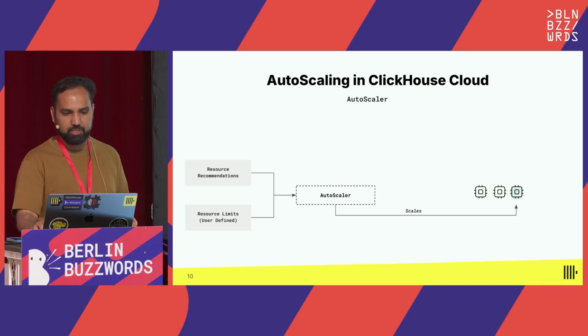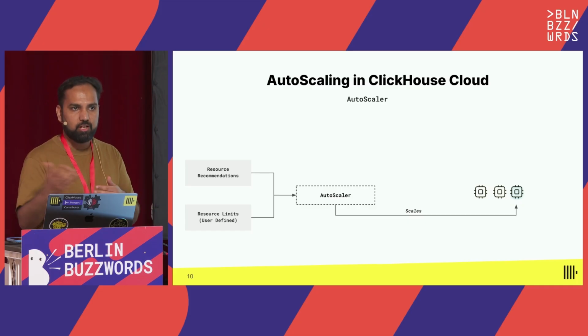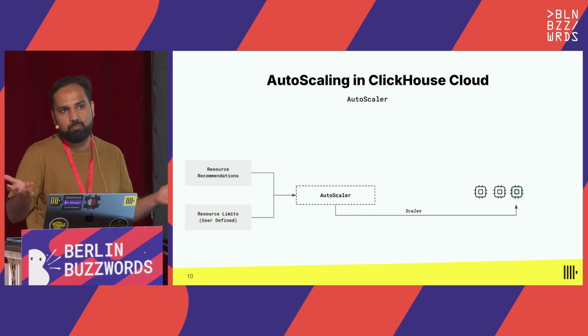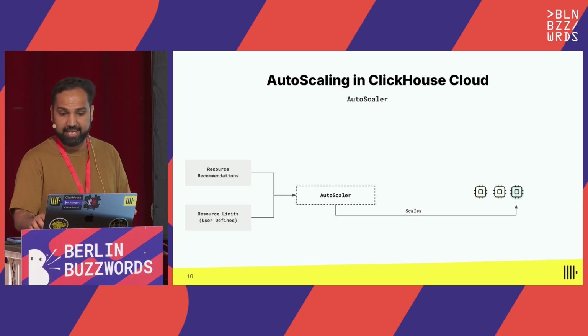And so you have the second half of the picture, which is the autoscaler. This autoscaler is going to look at these recommendations, what the system thinks based on your utilization, good or bad, where you should be sized at, as well as the user-defined minimum and maximum limits. Those are important because we can never go beyond what the user configures to be the max. If we do that, obviously the user is going to complain. So if the user has a misconfigured max, and we think you should be above that max, we still will never scale you because you probably will get surprised by the bill. And so the autoscaler is responsible for eventually scaling these pods, right? And so let's go a bit deeper into how this scaling happens.